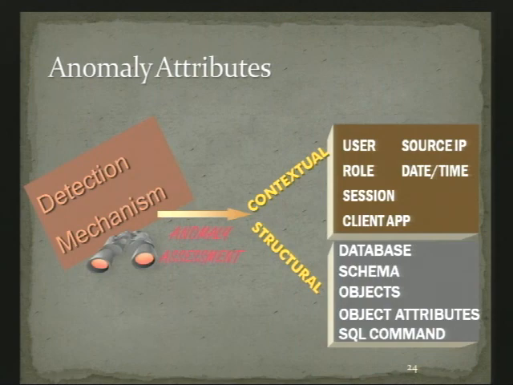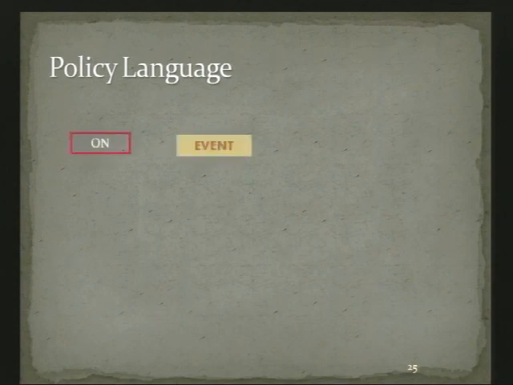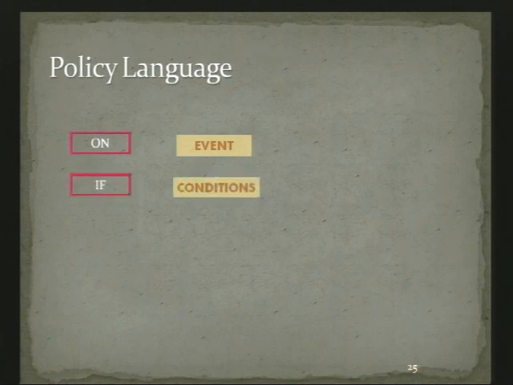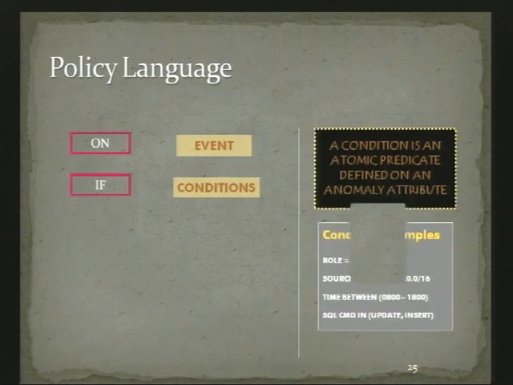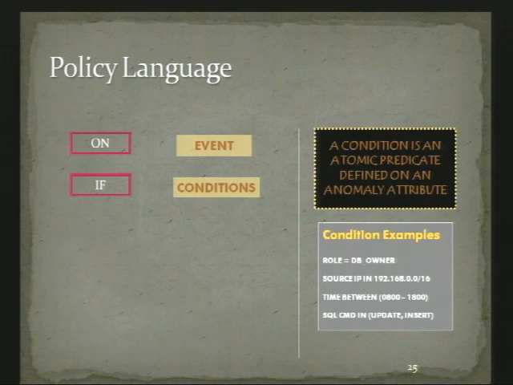And when we talk about a response policy, we are going to define a policy based on these attributes themselves. We're going to look in the next couple of slides at what a policy language looks like. It's an event, condition, action kind of policy. An event here is an anomaly detection event in the system. And if some conditions are satisfied, and what I mean by condition is that one particular condition is an atomic predicate defined on